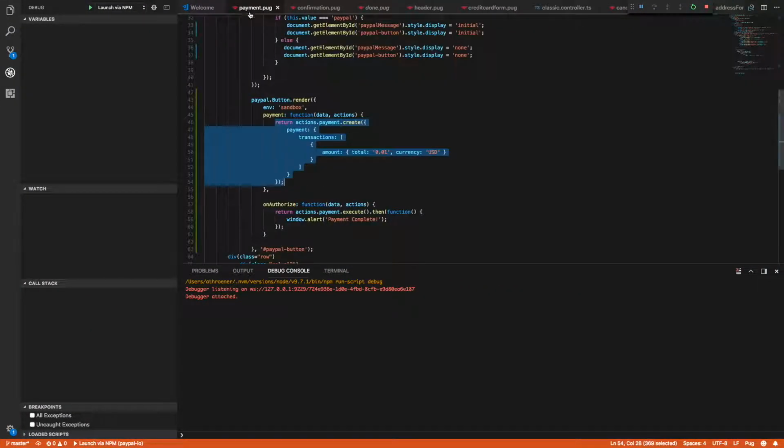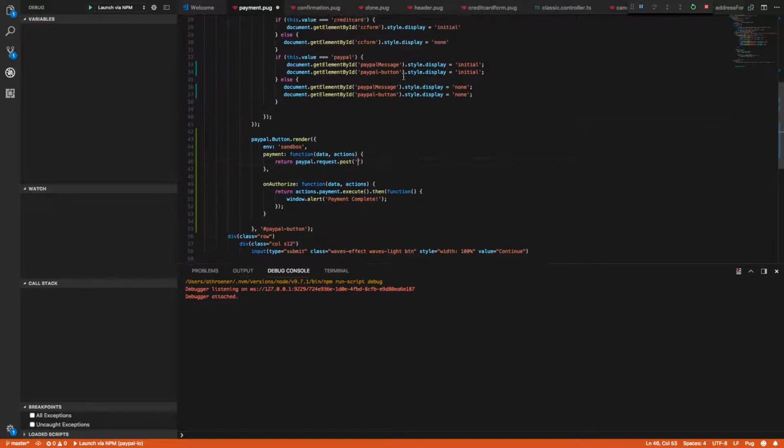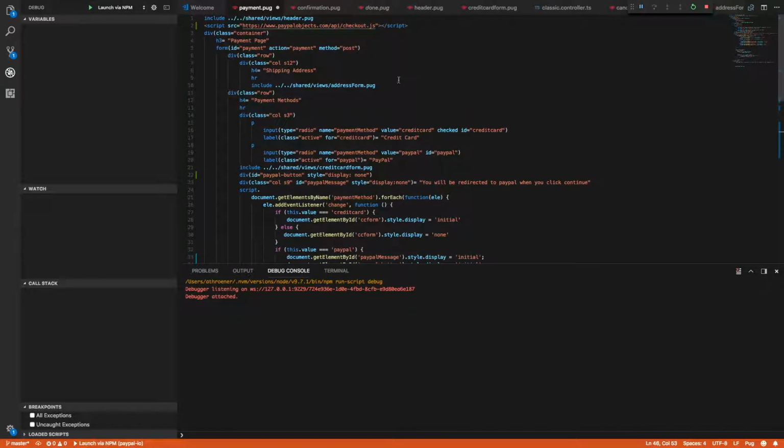All right, I'll go back to the payment page. So now we need to make an API call to hit that web service. You can use any library you want, but we have a small HTTP library included under PayPal request dot, and we want to post. The URL should be the same as the current form, which is